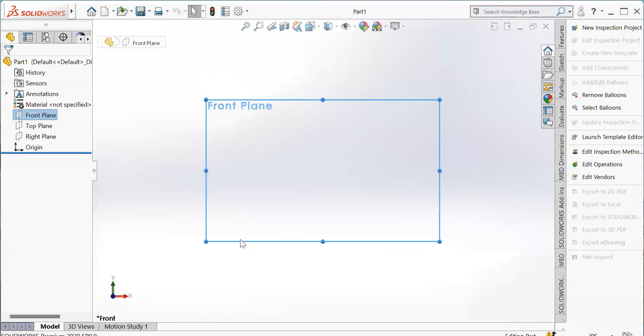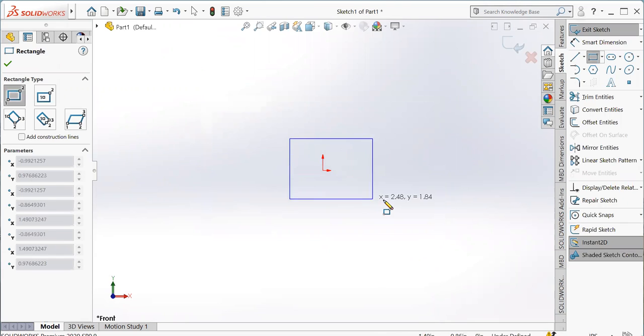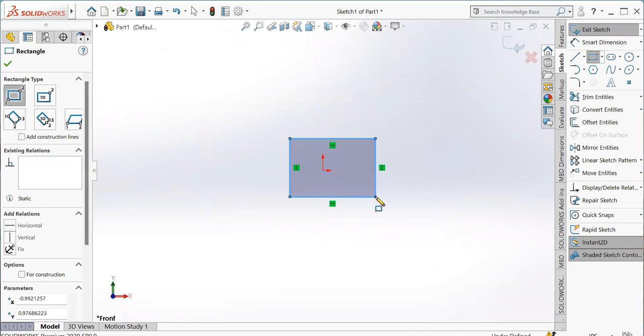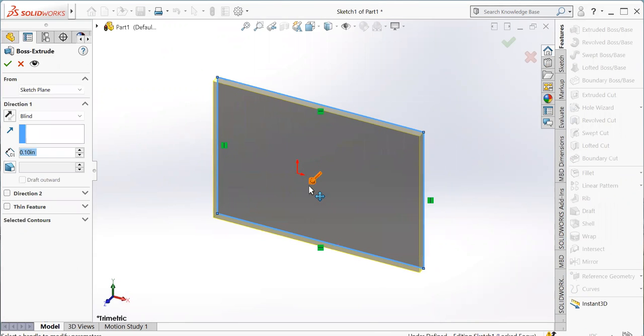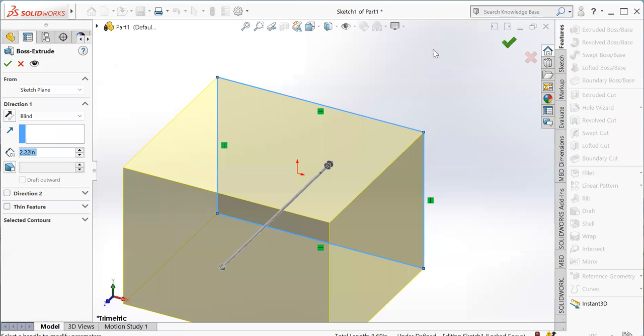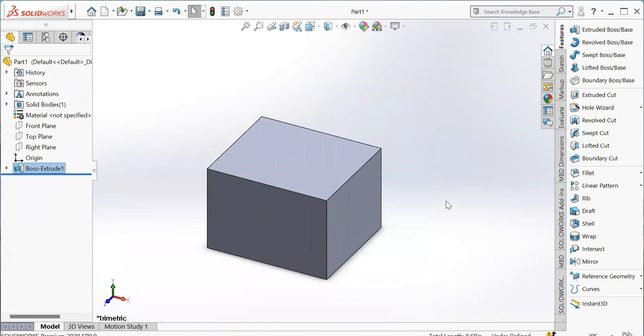I'm going to select this, and now I'm going to come into this sketch. I'm going to select this rectangle and draw this rectangle. Now I'm going to select this extrude feature. By the extrude feature, I get this cube. Now you can see this one is a cube.